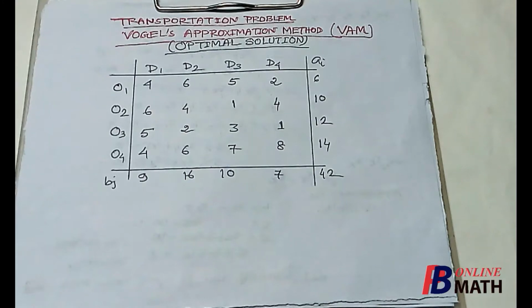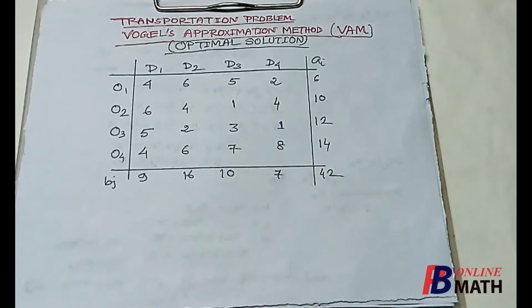Hello and welcome to another part of this chapter, transportation problem. We have already learned how to find the initial basic feasible solution of a balanced transportation problem by different methods. In this part, we shall discuss how to find the final optimal solution from the initial basic feasible solution of a balanced